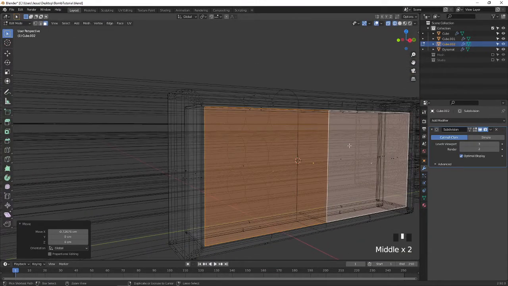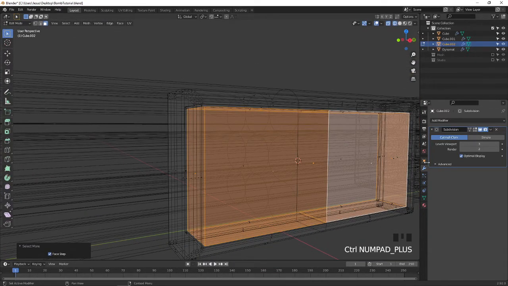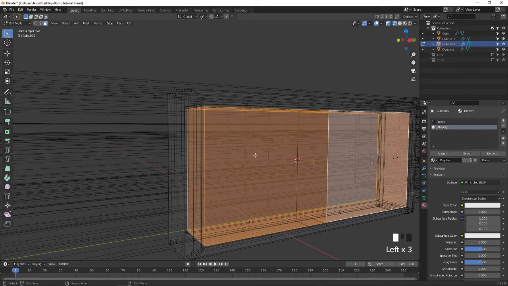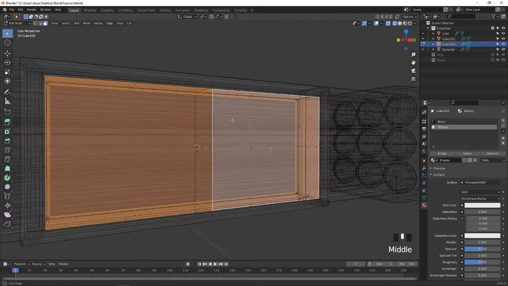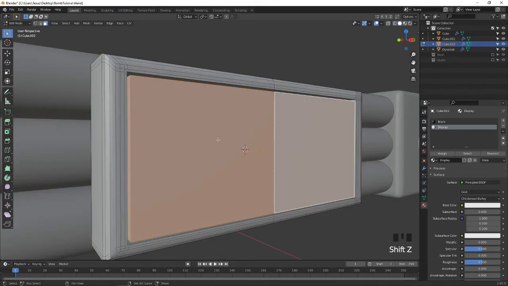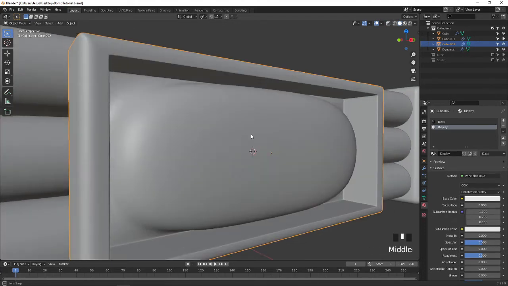Then I press Ctrl plus to select everything in the corner, go to the material view, select the display and assign. Shift Z to come back to normal.